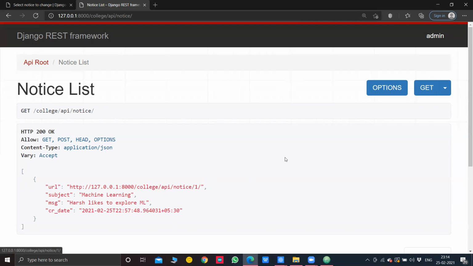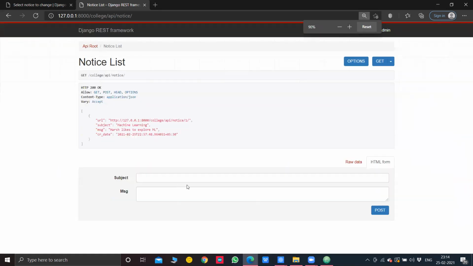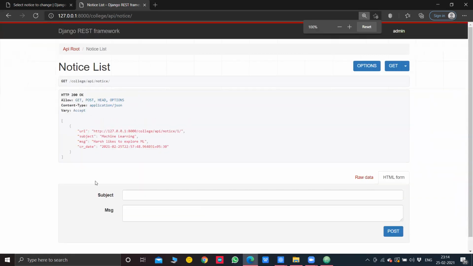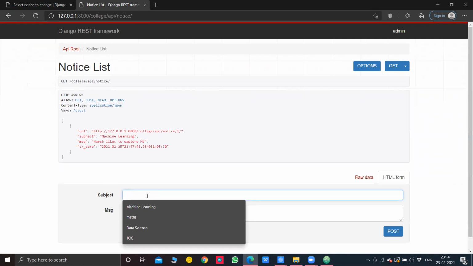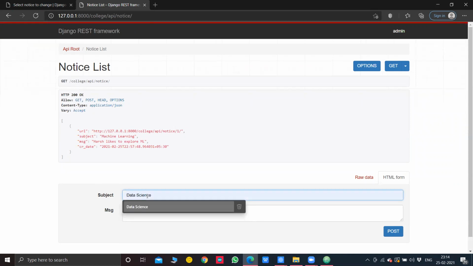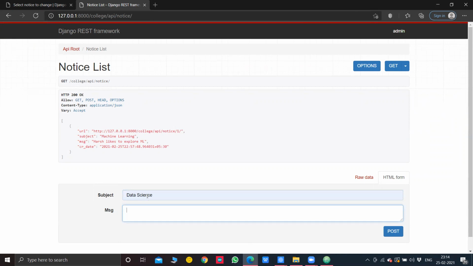Now, if you want to put a new subject name, suppose data science here, and let's say XGBoost will be used in our ML API.